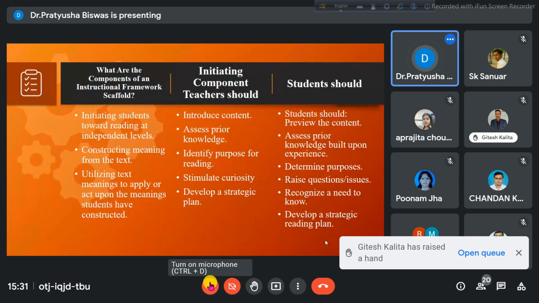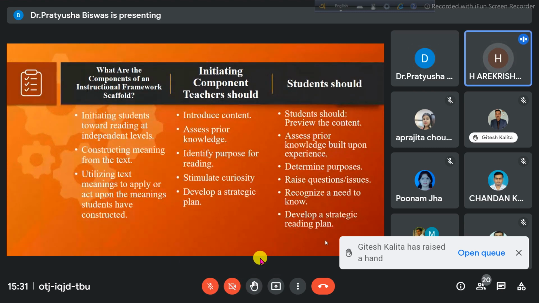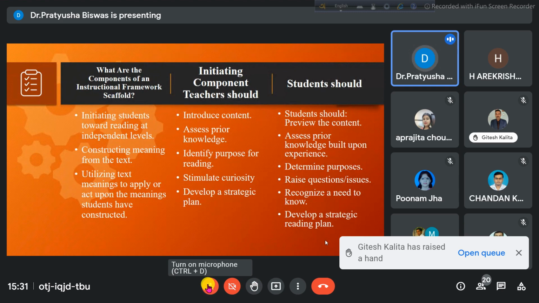Okay, so moving on, develop a strategic plan. Yes, Hare Krishna ji, please tell me. Ma'am, actually, by telling different types of stories regarding the topics. Yes. There is a particular way of narrating stories or giving previous knowledge of anything. This is a typical style. Do you know what kind of style this is? Ma'am, it is a style of